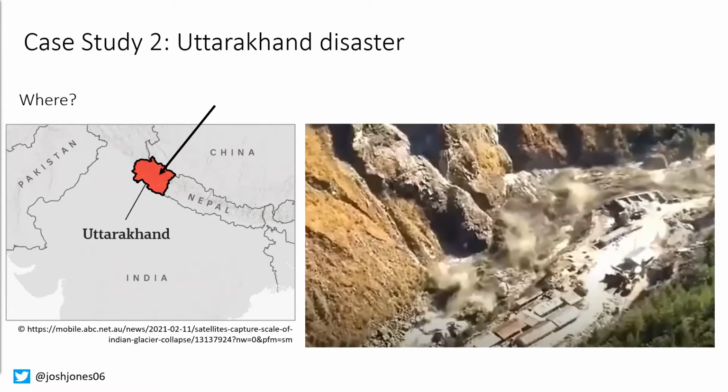So what was the Uttarakhand disaster? Well, some of you might remember this. This year, on the 7th of February, a sudden flood struck the Rishiganga Valley. This image is a freeze frame from one of the videos taken from this event. And what you can essentially see in this image is a huge flood surge charging down this valley. You can see the surge is full of debris and rock. And you can see if you look at the base of the river here, where my mouse is flicking, this surge is significantly higher than the usual level of the river.